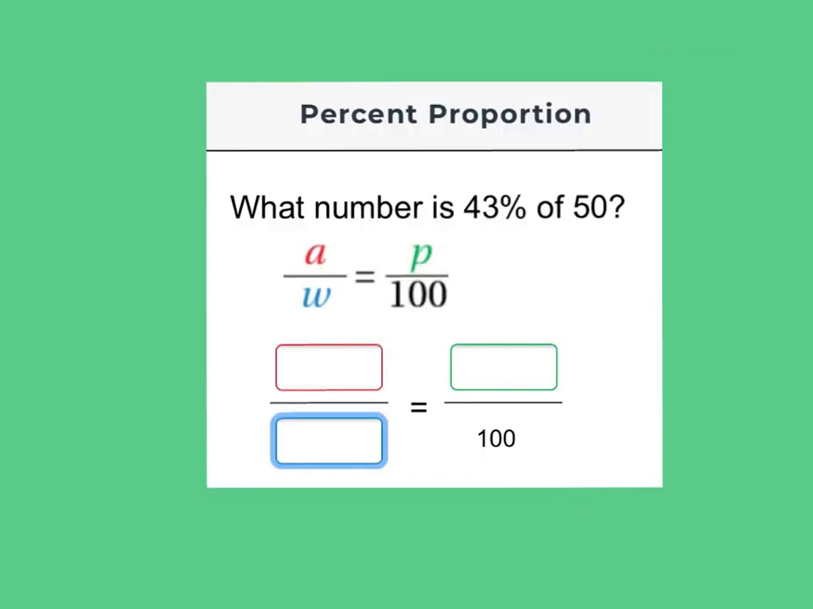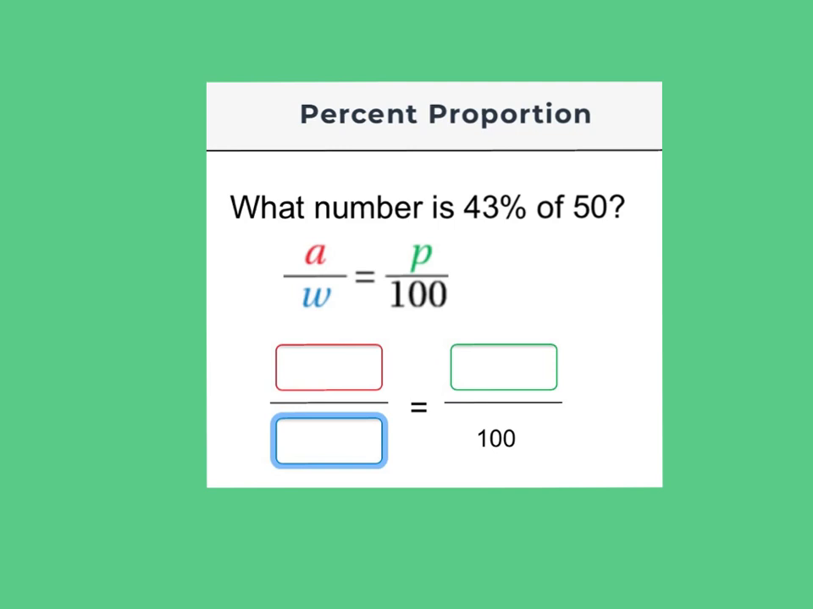All right, again, percent proportion. So how do we use this? If we have a question that's asking what number is 43% of 50, we can use our percent proportion to fill in the numbers that we know and then solve for our unknown number. So in this case,